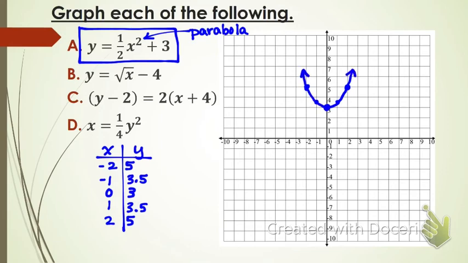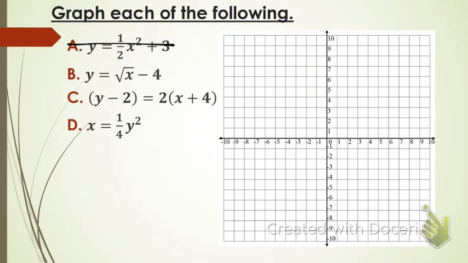So you should notice that that looks wider on the graph than the parent function did. What kind of function do we have going on in part B? Square root function. What's happening to the square root function in part B? Down 4. Other than that, it's exactly the same as the parent. So for part B here,